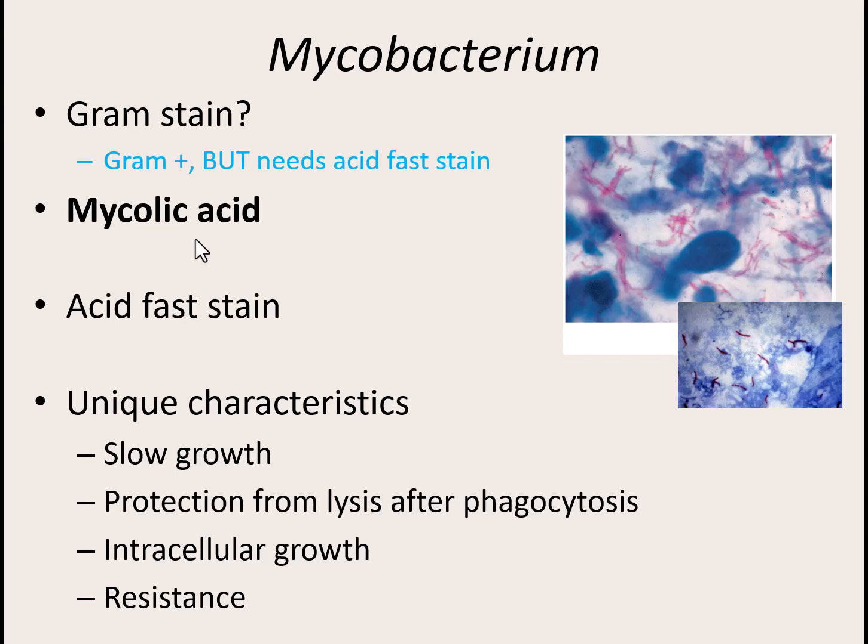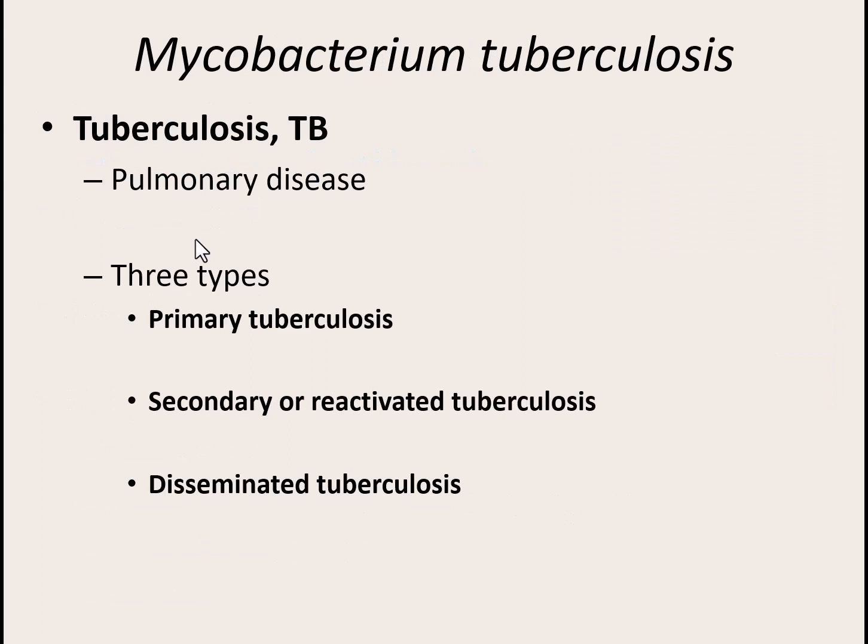Now, there are 75 species of Mycobacterium, but there are only 3 that affect humans. There are lots of organisms out there that affect different animals, plants, things in the soil. We only care about the ones that affect us, so we're only going to talk about the 3 Mycobacterium that affect humans. The first one is definitely the most common and widely known: Mycobacterium tuberculosis, which causes tuberculosis, a lot of times just shortened to TB.